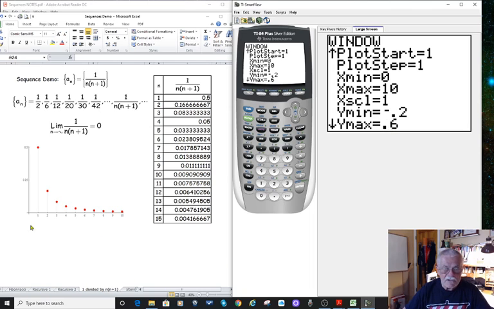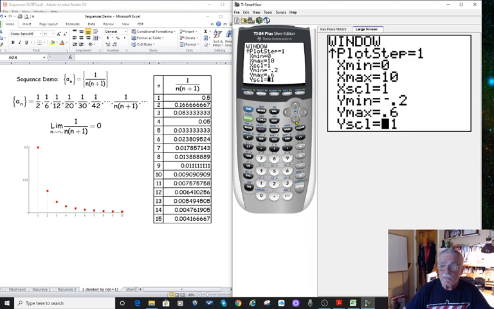And for the same reason, instead of going y min is a 0, I'm going to go y min's negative 0.2. It'll give me some room, and I'm going to go in steps of 0.1. So I'm going to have like a 0.1, 0.2, 0.3, 0.4, 0.5, 0.6 along here. Okay, and now let's just press the graph key,